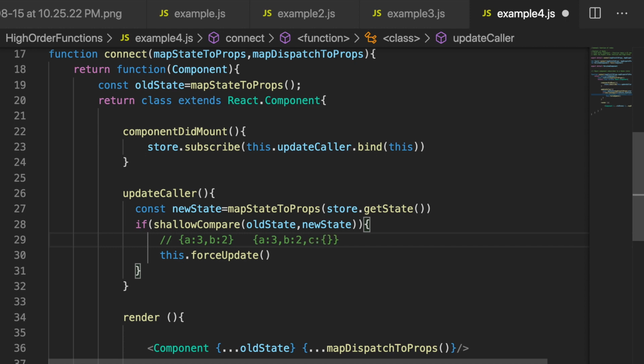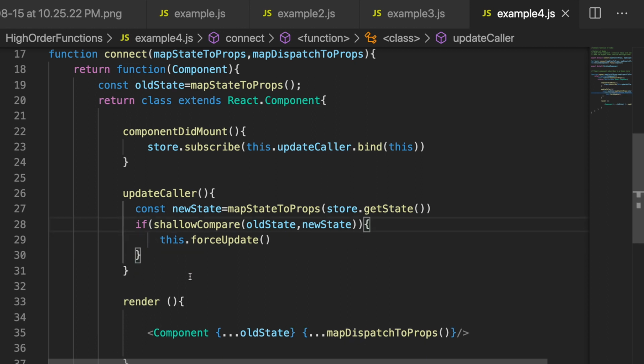Now let's say c is an object. Here the comparison would just do a strict equality. Basically, shallow comparison is a strict equality, and it would not go inside this object to check. It would just compare the reference of c in both and decide the result as it is. So this is how shallow comparison works, but I think it needs a separate discussion. Fine, so this is how a connect function mental model would look.